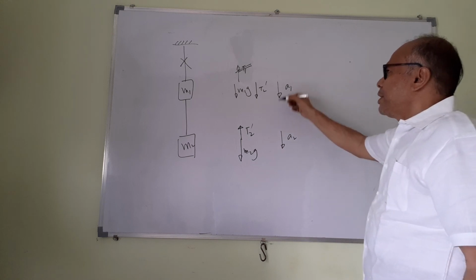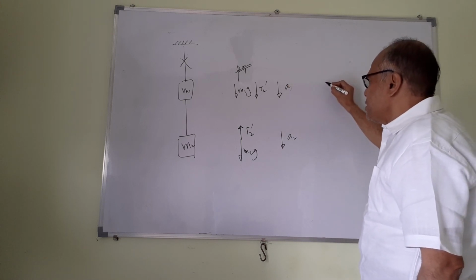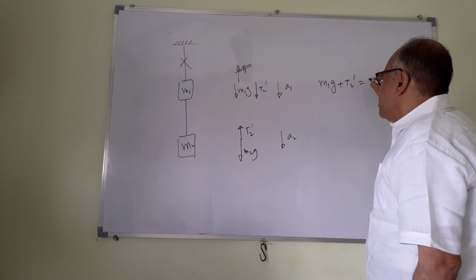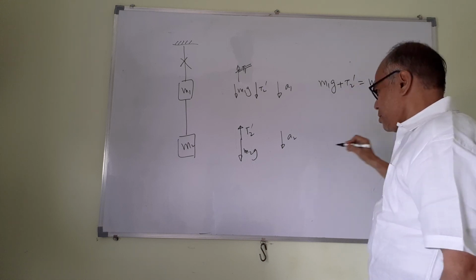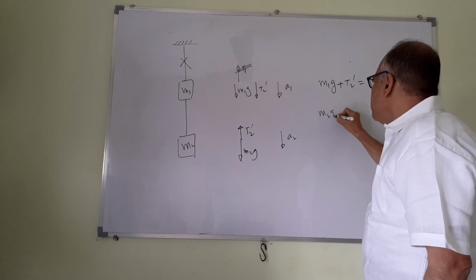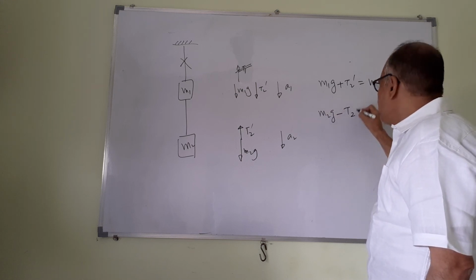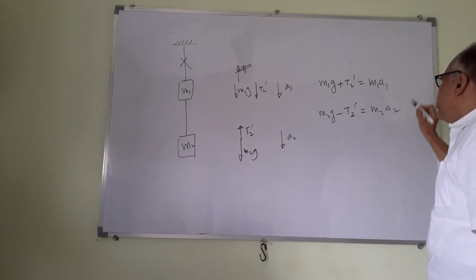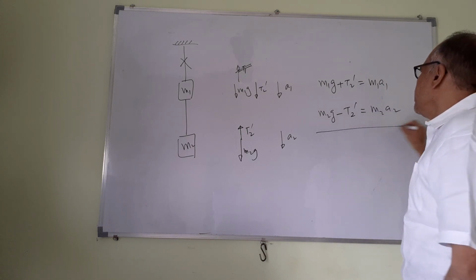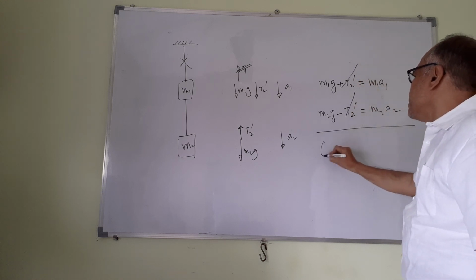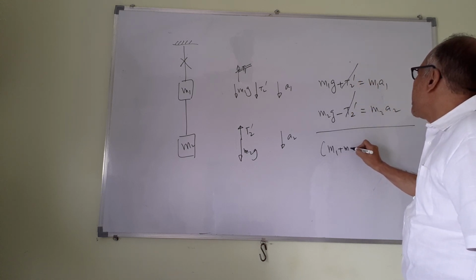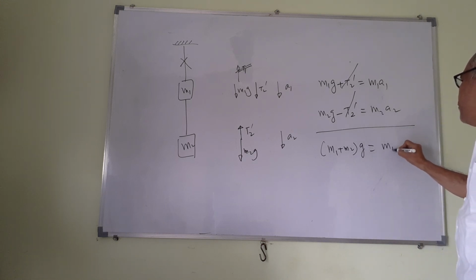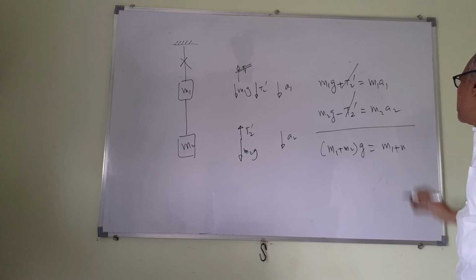So what can I write for this one? For this one I can say m1g plus T2 dash is equal to m1a1, and for this it will be m2g minus T2 dash is equal to m2a2. If I add these two, T2 will cancel. I will get m1g plus m2g equal to m1 plus